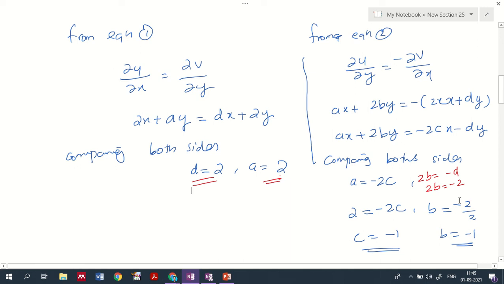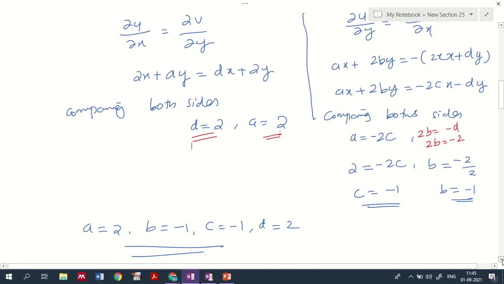Okay, so we found d equal to 2, a equal to 2, c equal to minus 1 and b equal to minus 1, so that we found all the unknowns a, b, c, d here, that is a equal to 2, b equal to minus 1, c equal to minus 1 and d equal to 2. It is very easy, right? It is already said that this function is analytic. That means you already know that it is satisfying the CR equations. So what you are doing here is just comparing ∂u/∂x equal to ∂v/∂y, that is the first CR equation, and the second one ∂u/∂y equal to